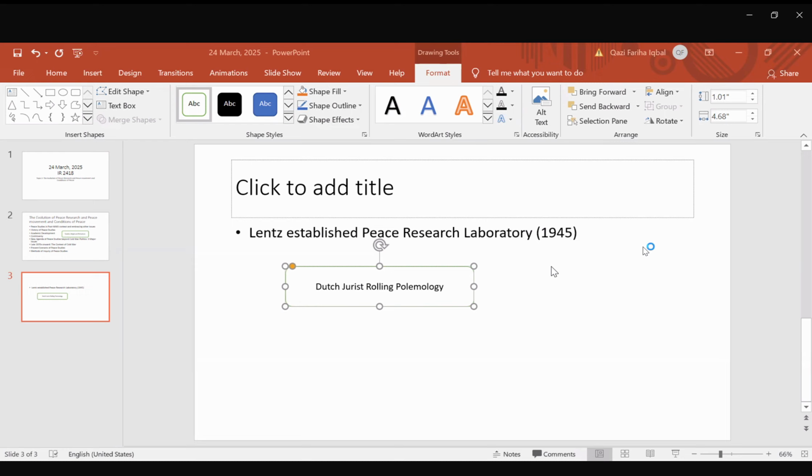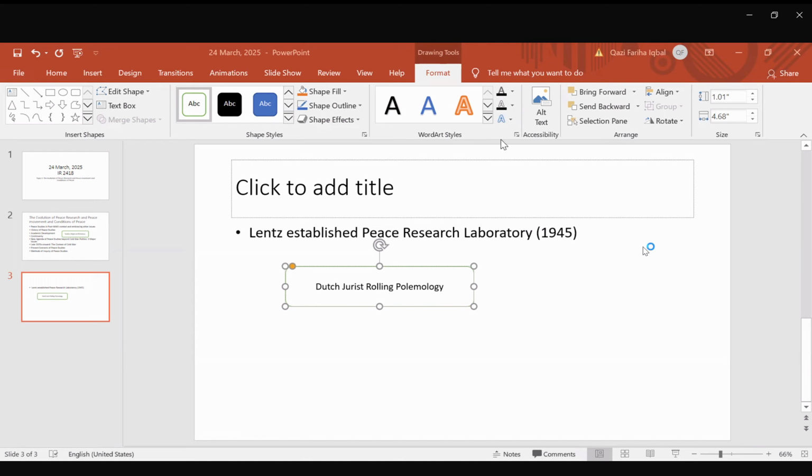And they have emphasized that the prevention of war is the most practical problem the world was facing during that time. And secondly, they have focused on the need of an intellectual progress that should be made in the area of peace study.